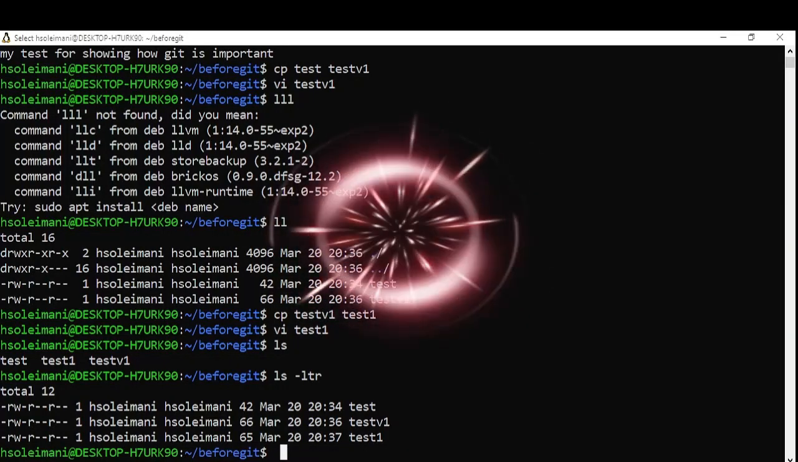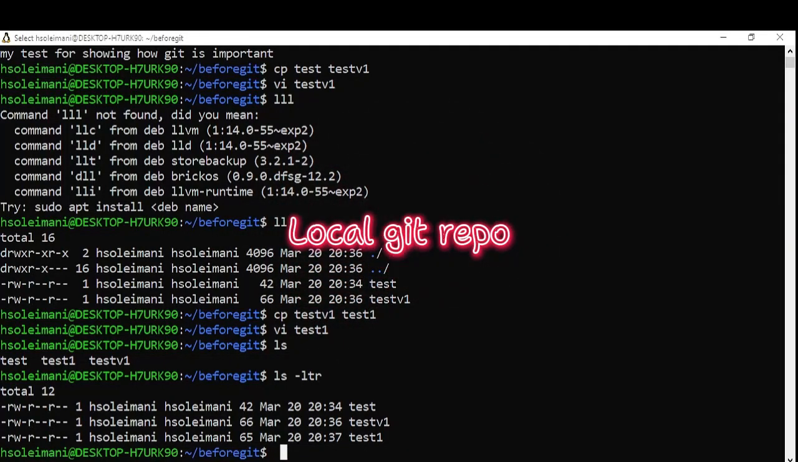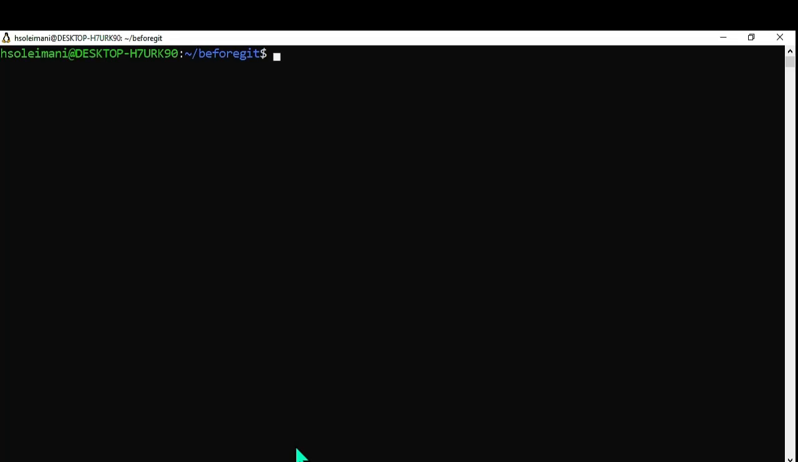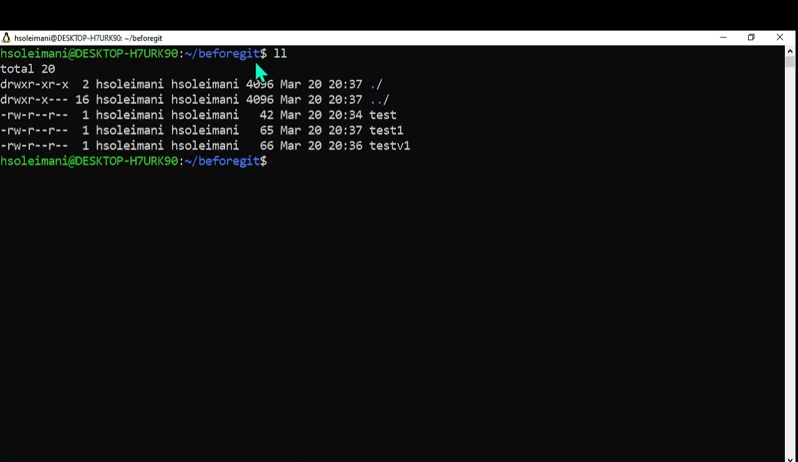Hi everyone. In the previous session, I showed you the purpose of using Git. So just to have a quick refresher, let's get back to my WSL. All right. So as you remember, I had this before Git file directory here, and I've shown you, okay,